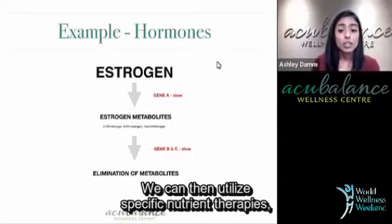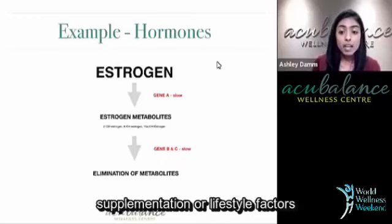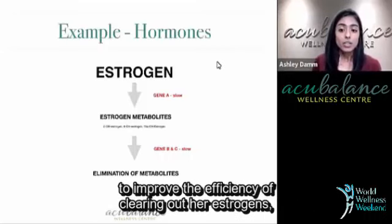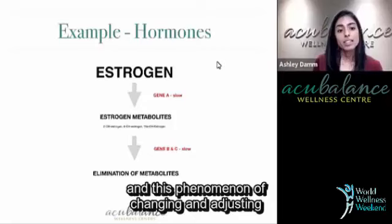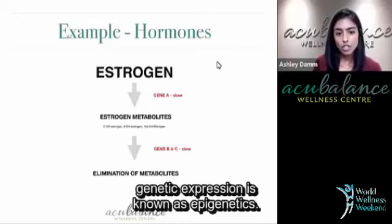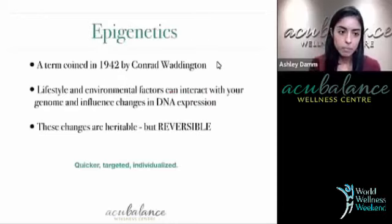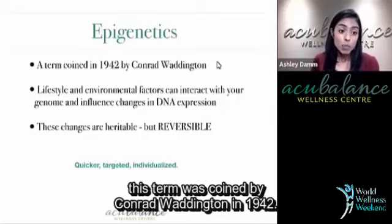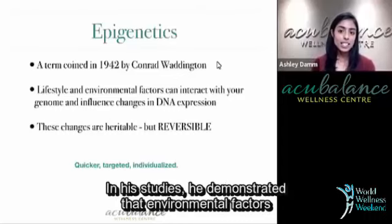We can then utilize specific nutrient therapies, supplementation, or lifestyle factors to influence how active these genes are to improve the efficiency of clearing out her estrogens. And this phenomenon of changing and adjusting genetic expression is known as epigenetics. So if we bring it all back to epigenetics, this term was coined by Conrad Waddington in 1942. In his studies,